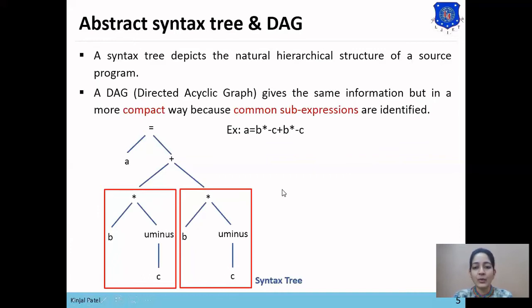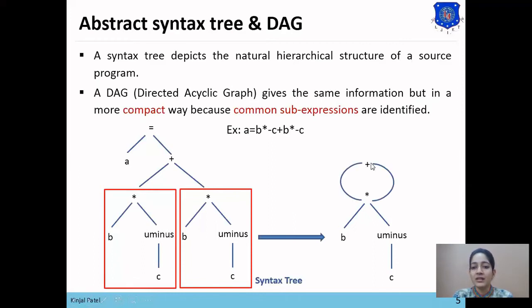Here we'll see how B star unary minus C has been constructed. Now here this B star minus C is being repeated, so we won't reconstruct it. We'll directly link the next operation with this constructed sub-expression. Next we want to add this B star minus C with B star minus C. To add, plus is used.